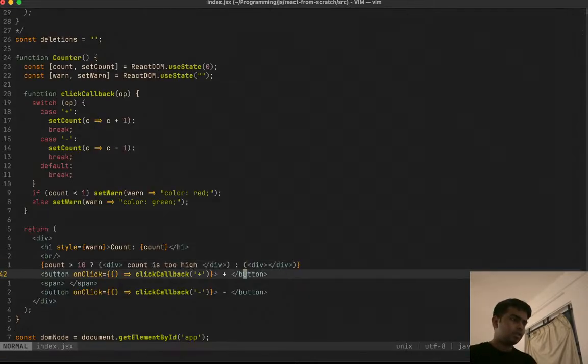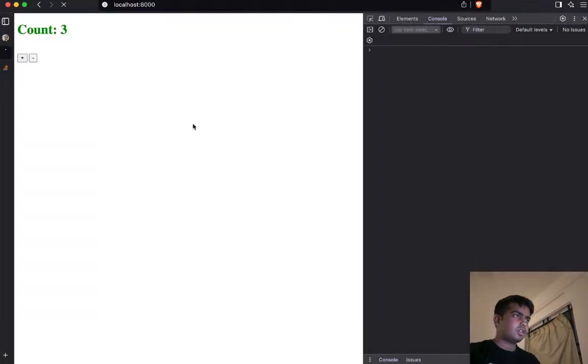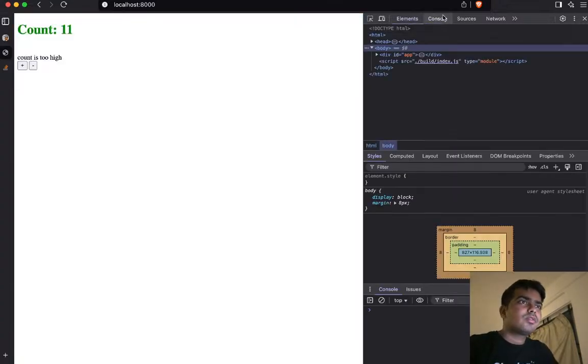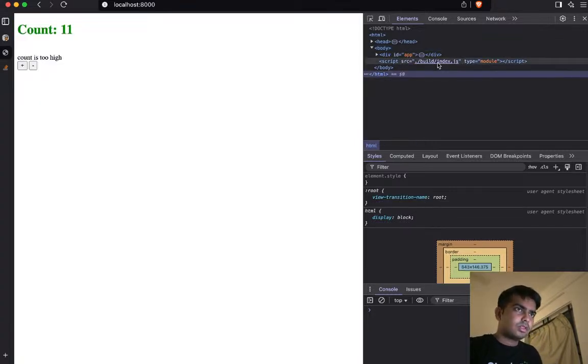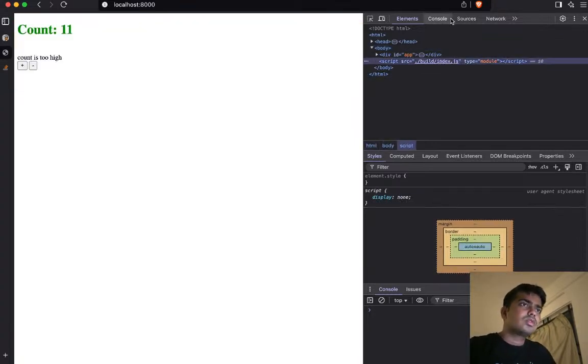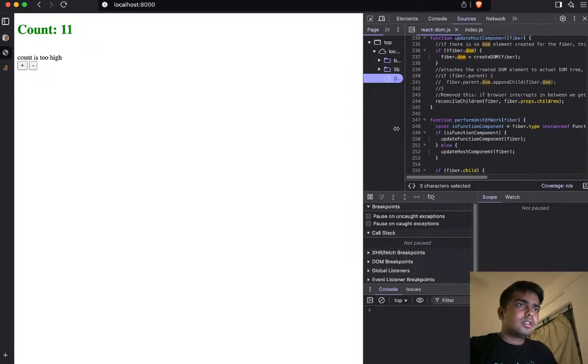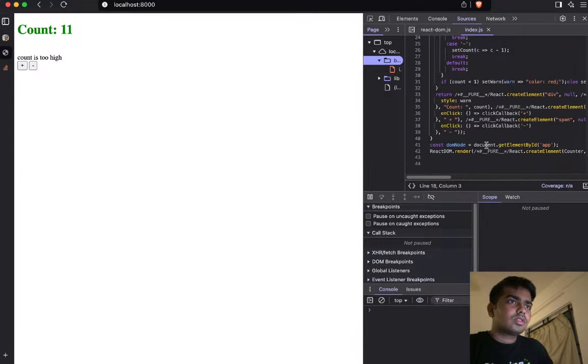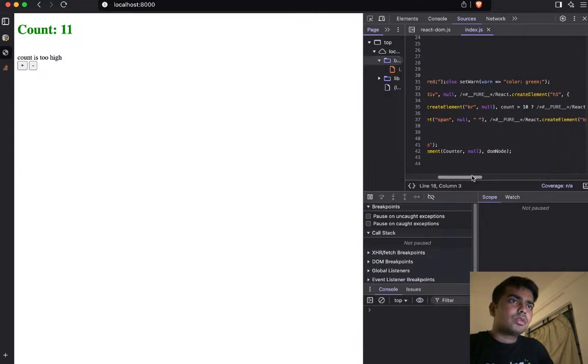It worked. Then we can go here. Run this. Count is too high. Damn! This works. This works. And what is it getting combined into? This is, and then we have build. Yes. So this gets compiled into,